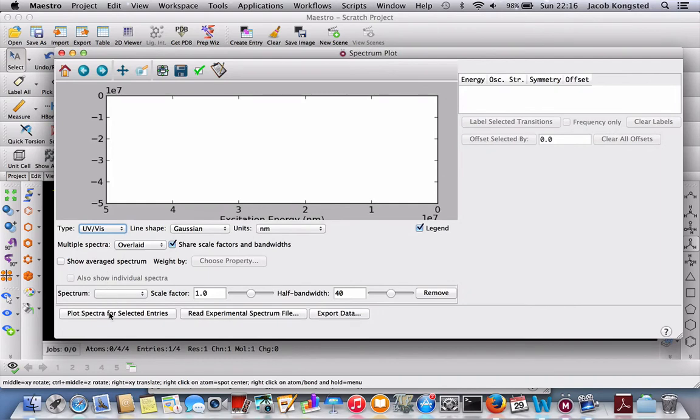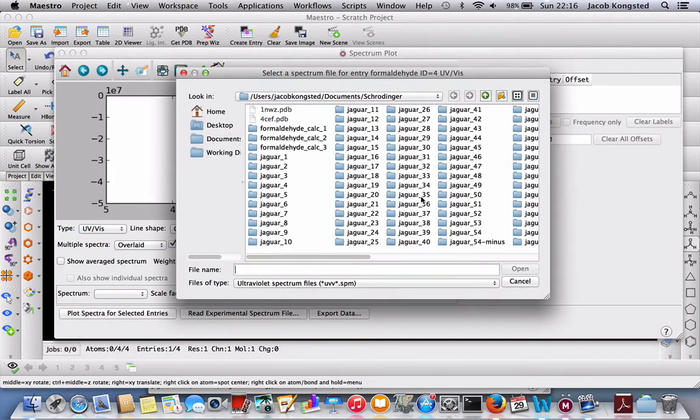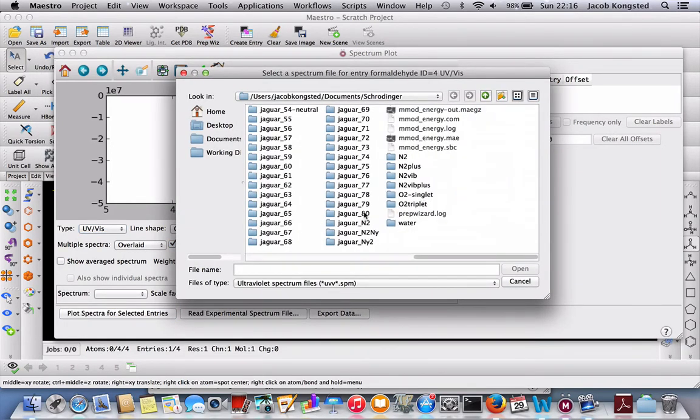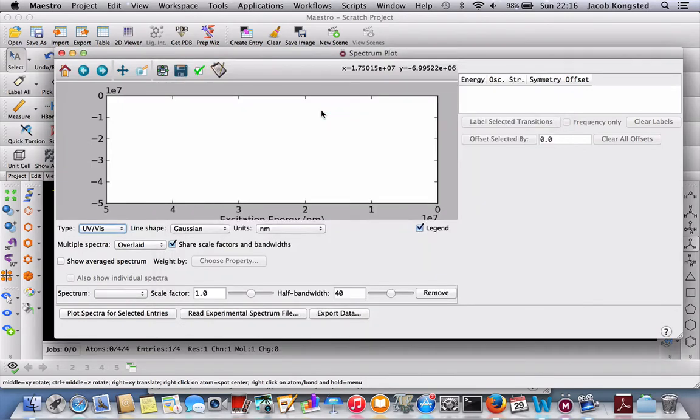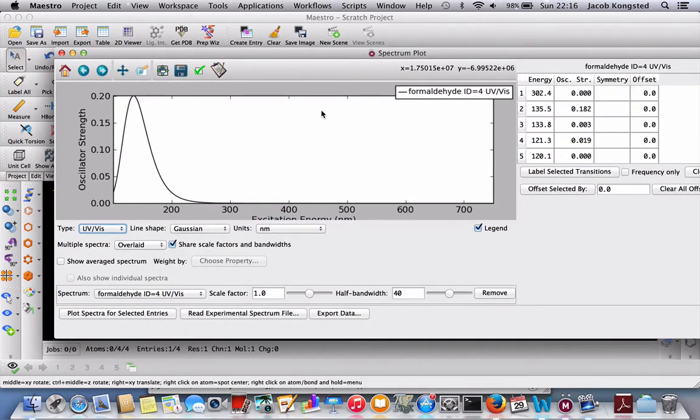I need to plot the spectra from a calculation. I take the last calculation which I did, and then I choose the UV-Vis singlet spectrum up here, and here I have the spectrum. So in this case for formaldehyde, the spectrum is dominated by a single peak.